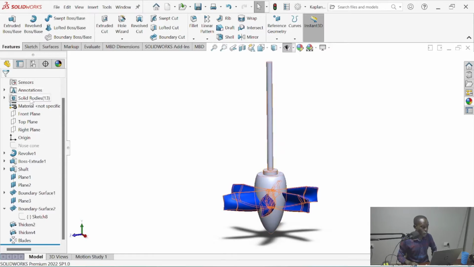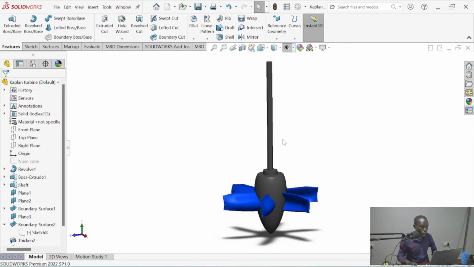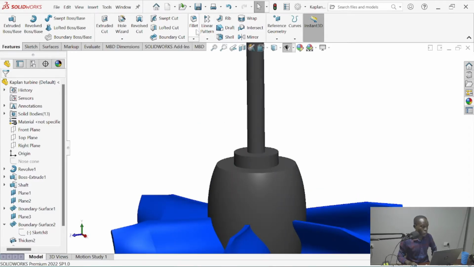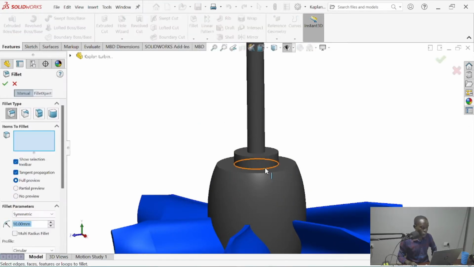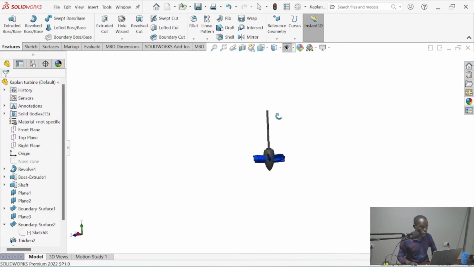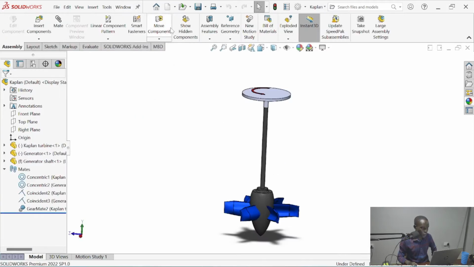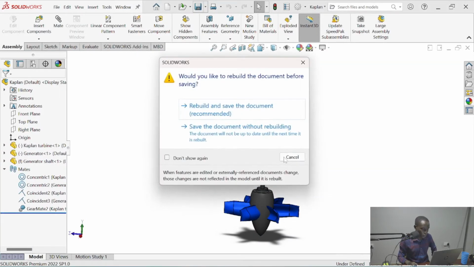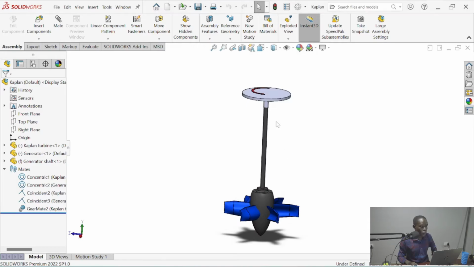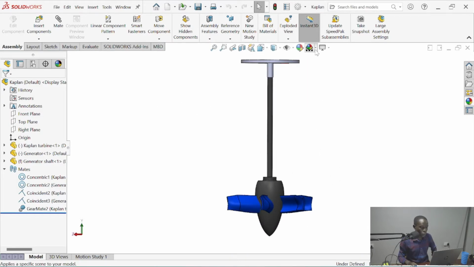And the remaining parts. Okay. Then we go to the fillets. Alright. Go back to the coupling. Save this. Let's see it from this view.